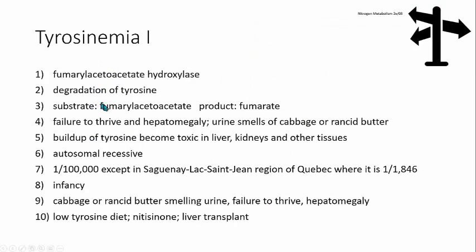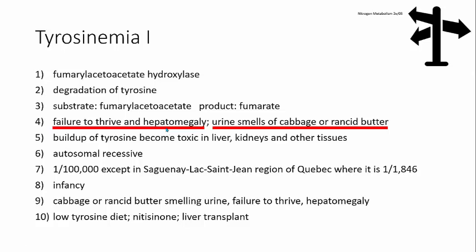Tyrosinemia is a disease that is another failure to thrive disease. Like the other amino acid disorders, you have a smell that is diagnostic. These patients have urine that smells of cabbages or of rancid butter. But like most of the other amino acid disorders, you have the failure to thrive phenomenon as well, as you